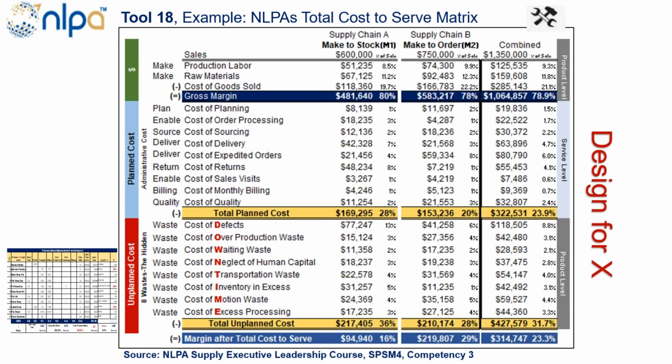This is all your planned costs: cost of order processing, cost of sourcing, for those who are into sourcing, cost of delivery, the logistics function, cost of expedited order, again, that's part of the deliver or logistics function. Then there's returns. So if a particular supply chain or customer type gives us a lot of returns, for example, we may have customers where there's a